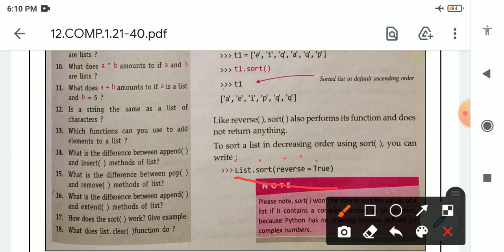Now we have to convert it into descending form, so we will use the reverse method. The reverse method will convert the ascending form into descending form. And the second process is what? We will use the sort method, which converts it into ascending form, and after that we will use list dot sort, and inside the parenthesis we will write reverse assignment true.